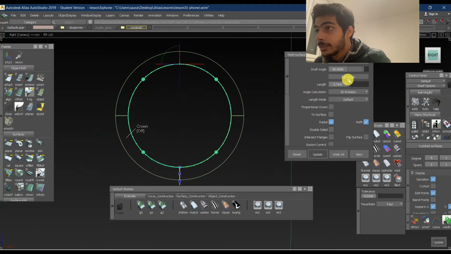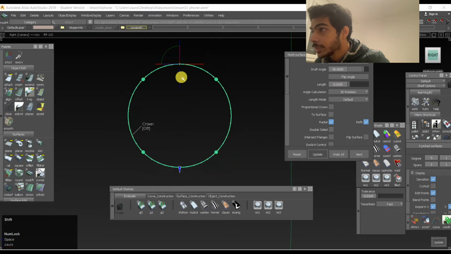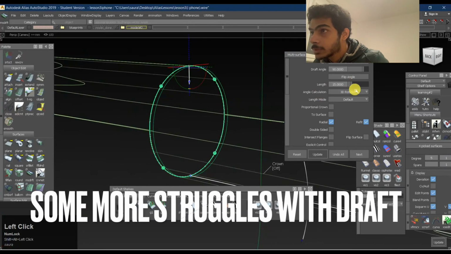Maybe the length needs to be in negative, right? I think it's going to be negative 2. Okay, so maybe this, and length is over here.